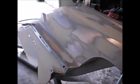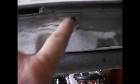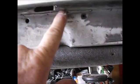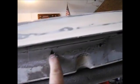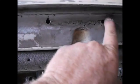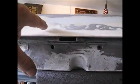All right, we'll have this door in primer before the end of this video. I swear it. All right, there we go. This door is ready for primer. Well, the skin anyway, the outside of it. Of course, I want to prep my door jambs and all that. I've got to pour 15 inside the door really good so it'll come up through any kind of gaps and holes that I have. Now these are weather strip holes. The weather strip goes through here. Rust proof the inside of it, all that jazz,